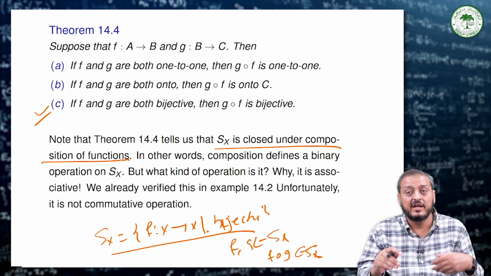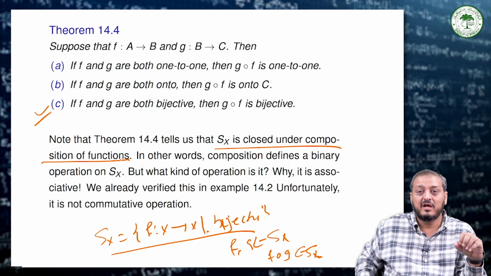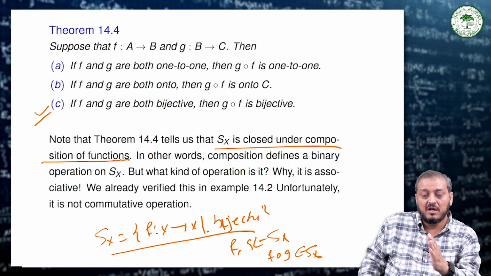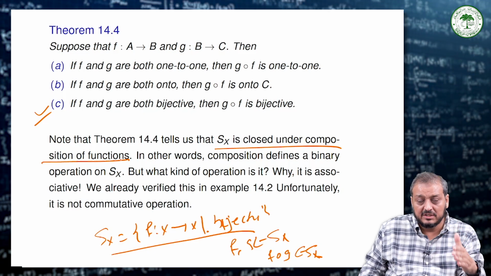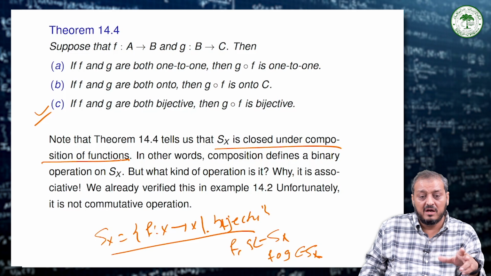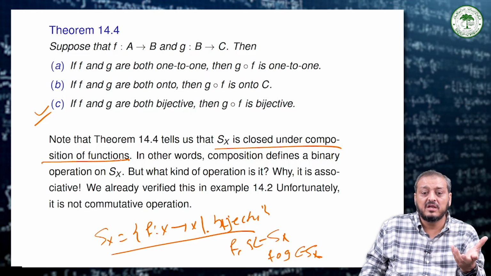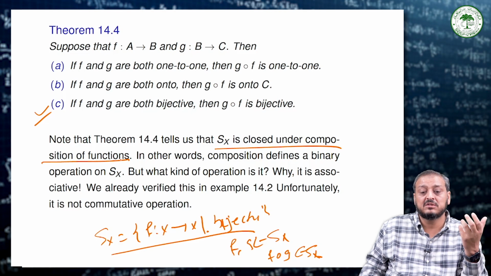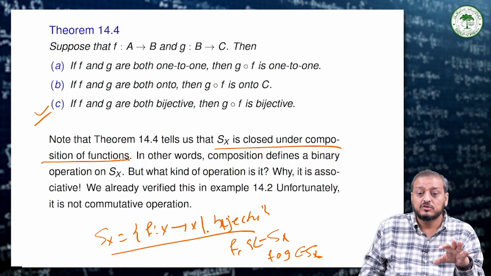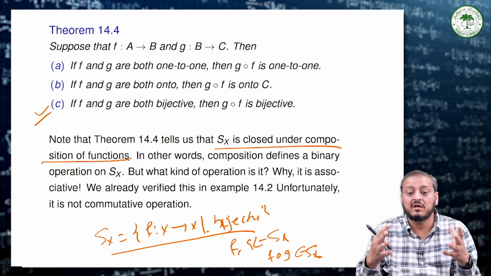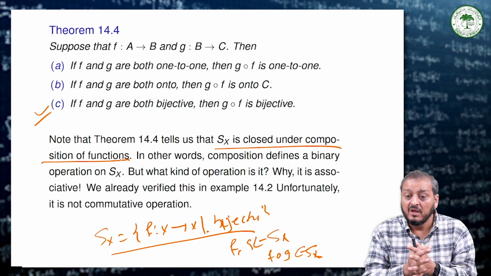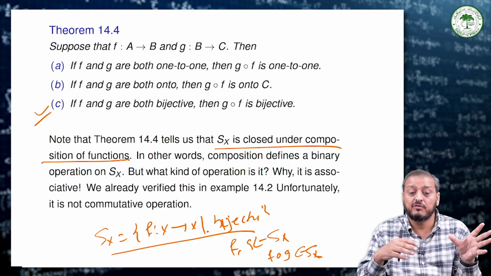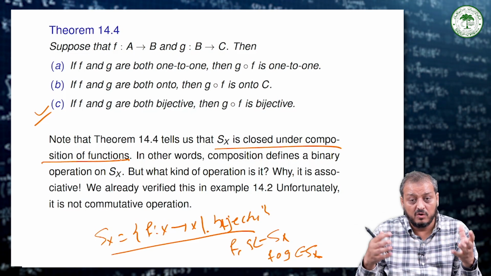So, clearly the first condition of this structure, that Sx under the composition of functions should be closed, is satisfied. Now, composition defines a binary operation on X. But what kind of operation is it? It is associative; we already verified that in an example. Unfortunately, it is not a